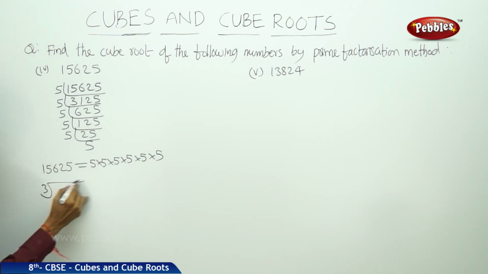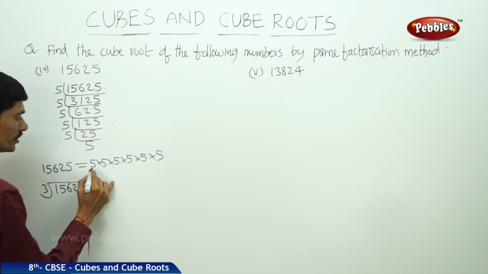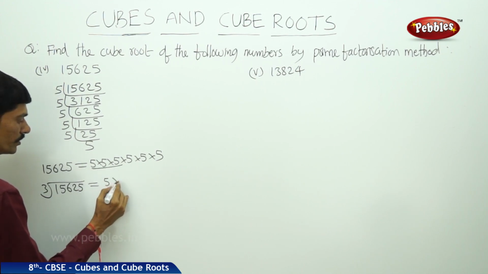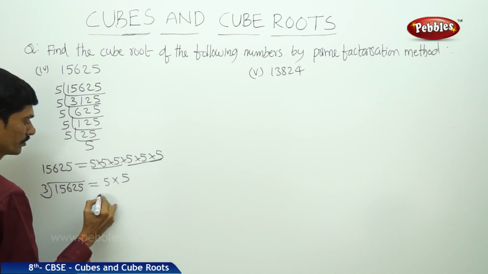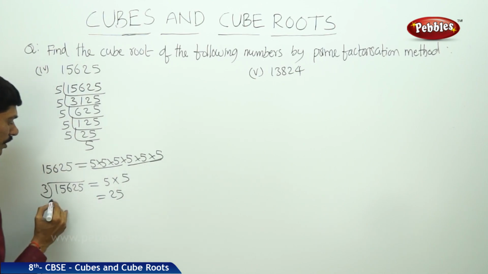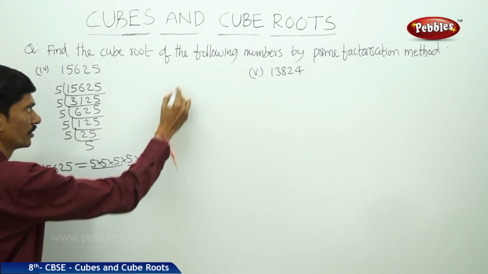Now the cube root of 15,625 equals, for these three 5s we can take one 5, and for these three 5s we can take another 5. So this equals 25. So the cube root of 15,625 is 25. Next,